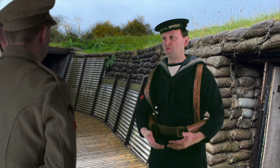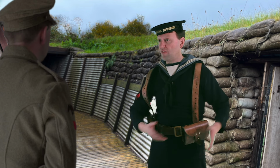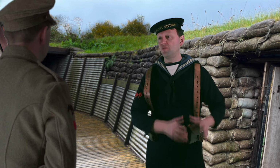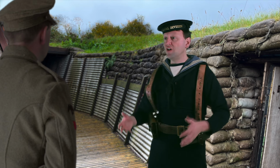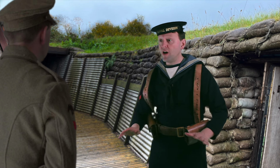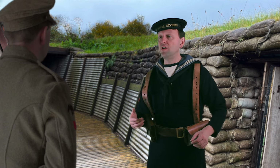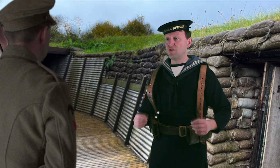The survivors were mustered at Crystal Palace, where they finally got the khaki uniforms that they'd been promised. Then it was off to Gallipoli. After the Allied withdrawal from Gallipoli, they were sent to France, and continued to fight all the way up until the armistice of 1918. I'll come back to what happened during these campaigns later, but next time I'm going to talk about another naval unit that you might not have expected, which was in Belgium at the start of